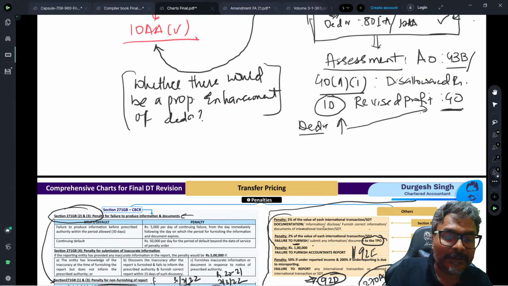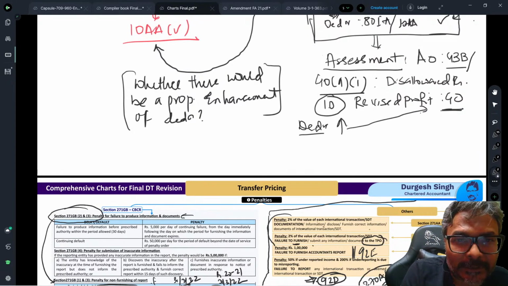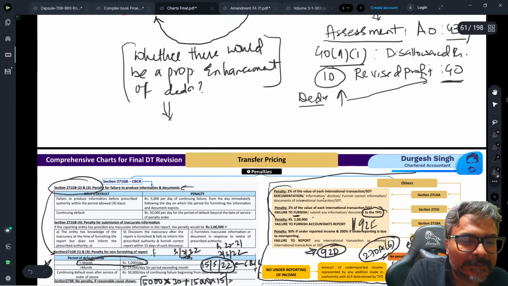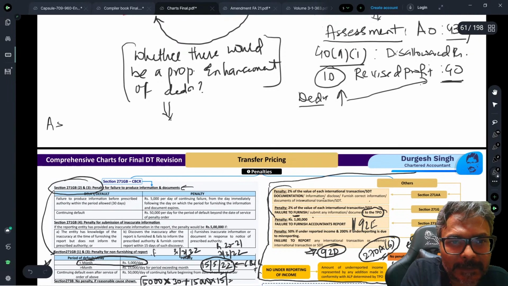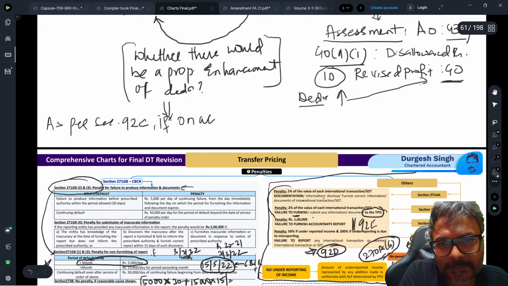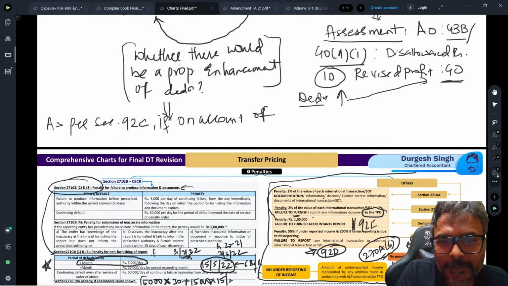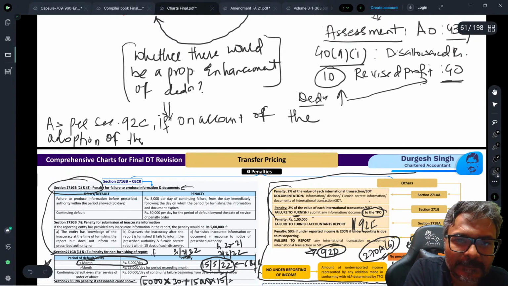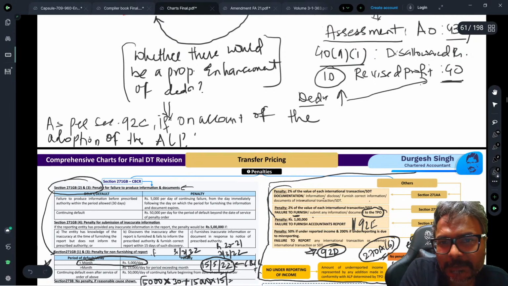Please take a note of it. I'll give you a quick note. Students, as per section 92C, if on account of the adoption of ALP, the profit is enhanced,